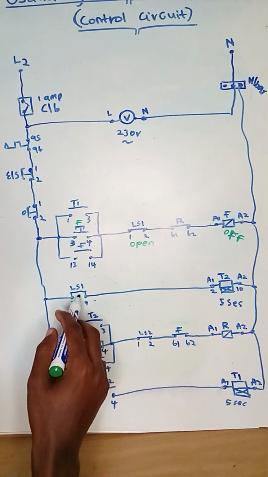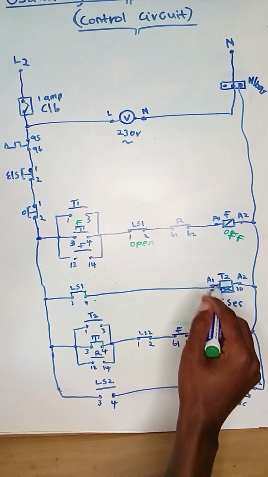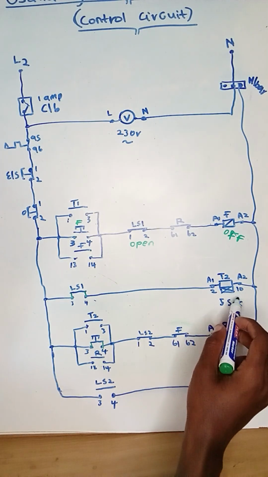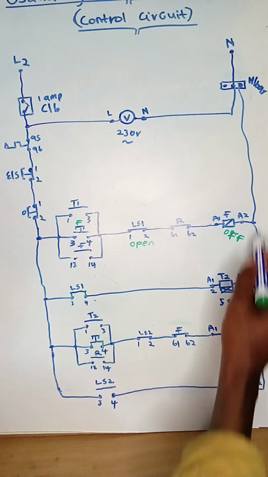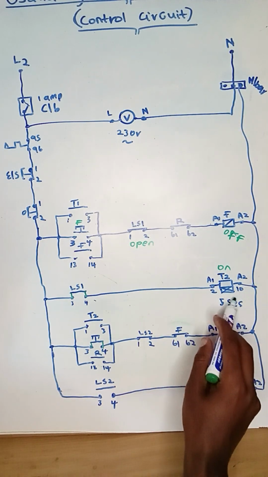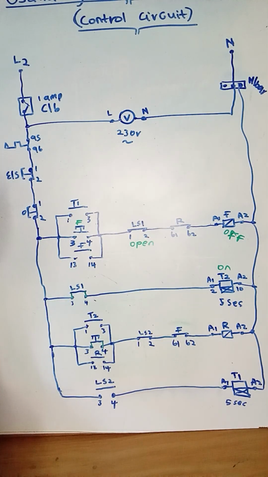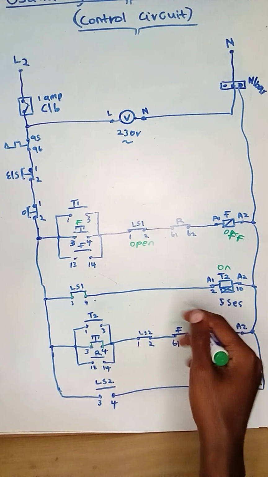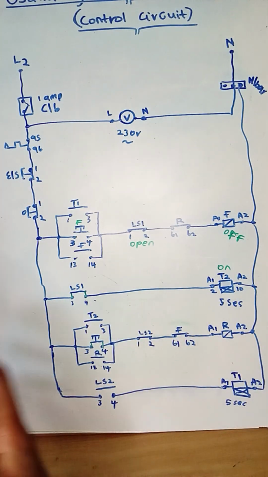which means right now my current is coming this way and finds a closed contact, which means it will flow to timer 2, a delay on timer which we have set to 5 seconds, and it will also get the neutral. So right now timer 2 is energized, and after 5 seconds, when I'm still holding the limit switch lever, remember I shouldn't let go of the limit switch lever until it is done counting